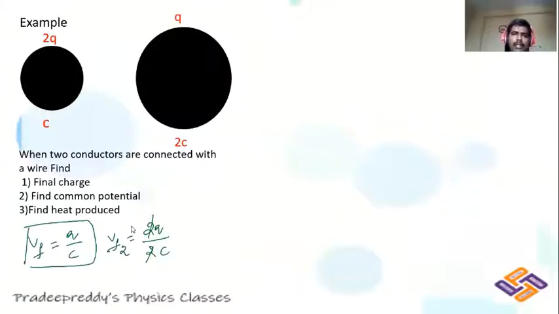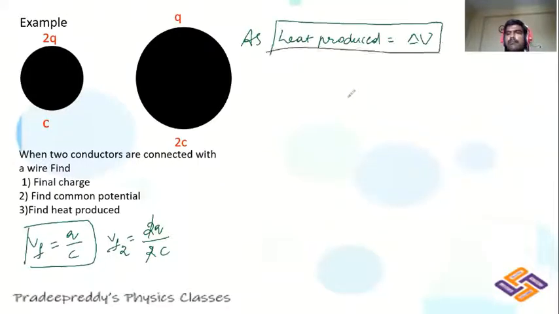Now coming to the next thing, you should find the heat released. In order to find the heat released, as we know, heat produced is equal to change in potential energy. Here Q is capital Q, it is heat. Don't consider it as charge, it is heat. Heat produced is equal to U final minus U initial: the final potential energy minus the initial potential energy of the system gives you the total heat produced.